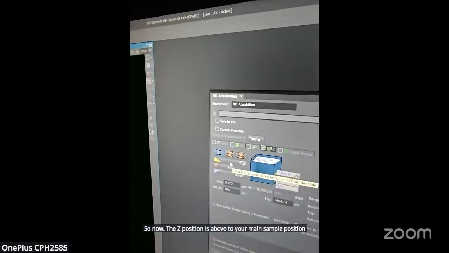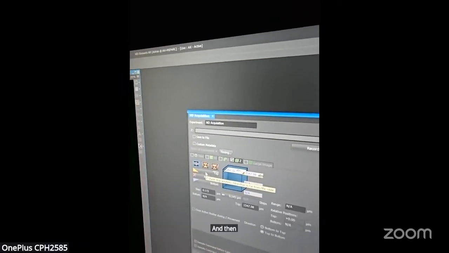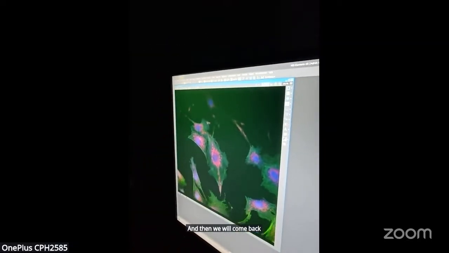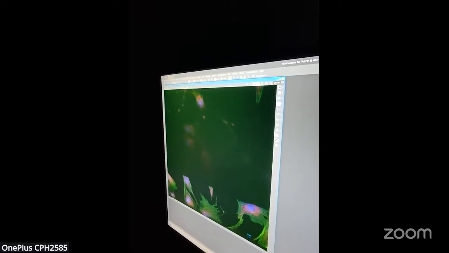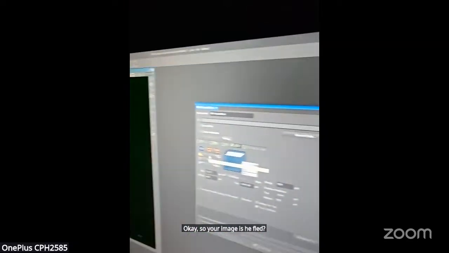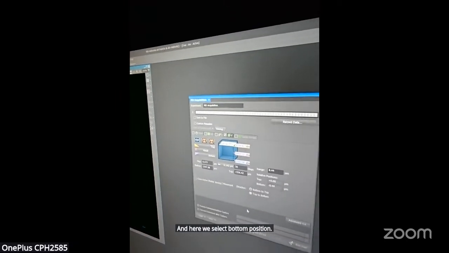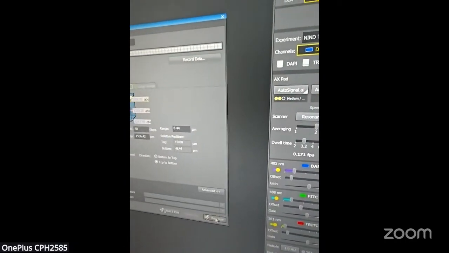Here we will select top, and then we will come back. Your image is again blurred, and here we will select the bottom position and then run now.